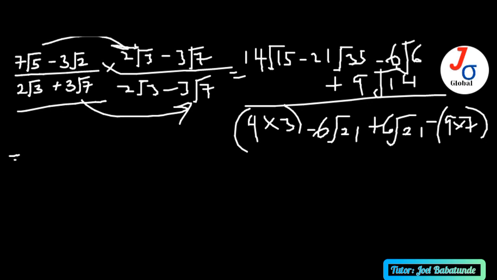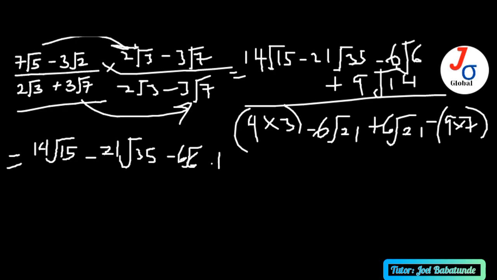So I have 14 root 15 minus 21 root 35 minus 6 root 6 plus 9 root 14 over, this is 12, that's 12,